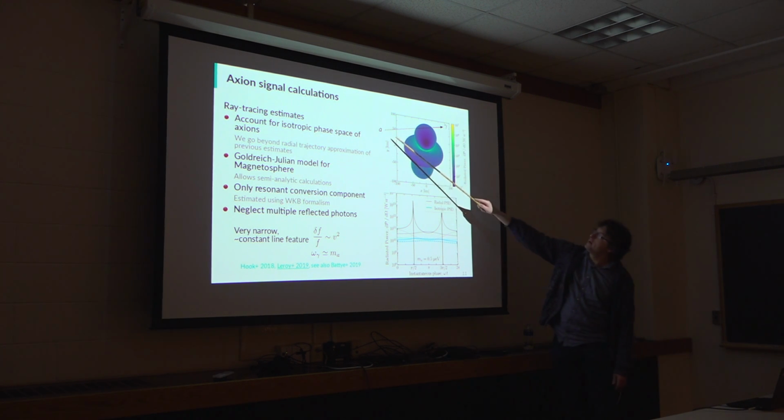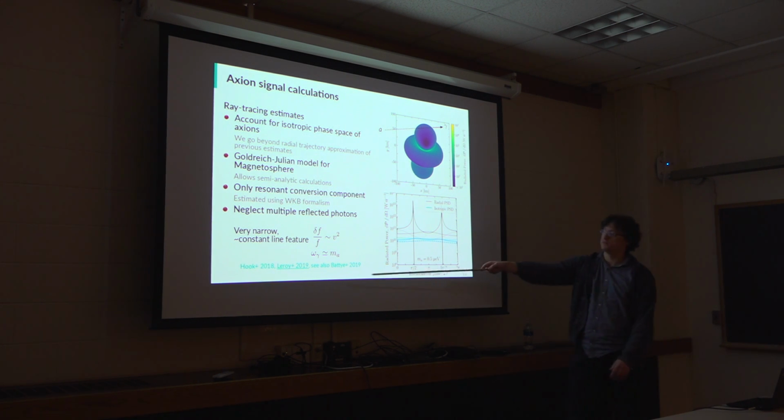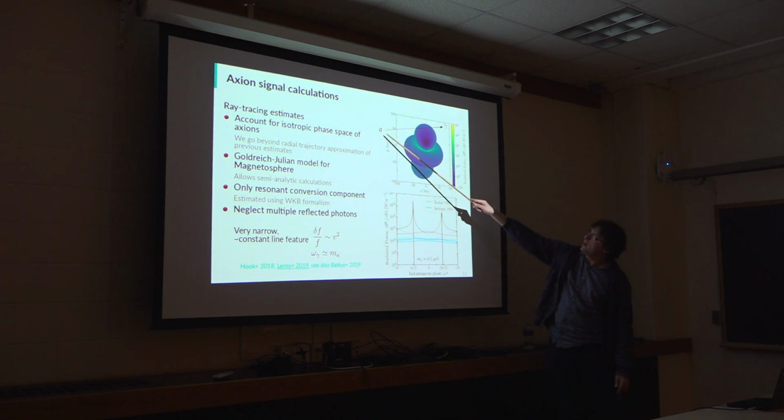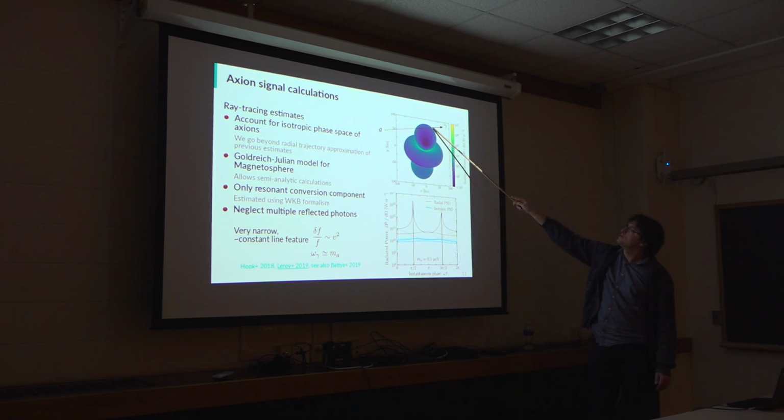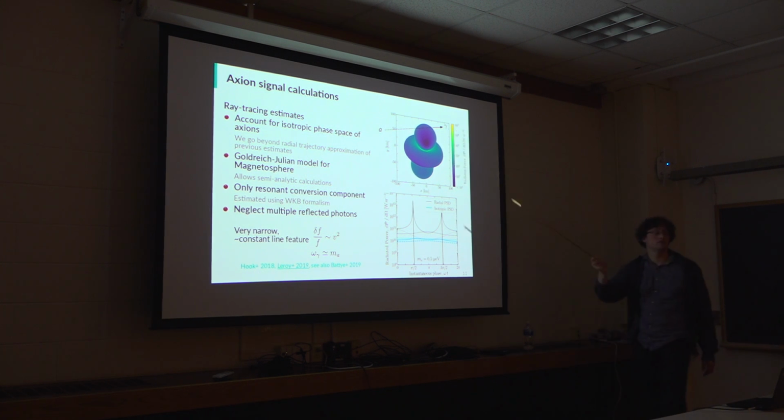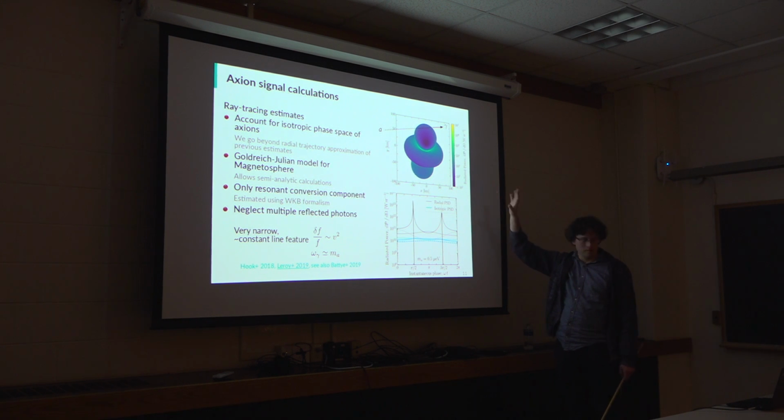And then what happens is, the axion phase space is isotropic if you are close to the neutron star. You can estimate this from the Liouville theorem. In previous estimates it was assumed to be radial, but it's isotropic. Then the axion comes in, goes through regions of higher photon plasma mass, and then goes out again. In regions where you can have this resonant conversion, you get conversion into a radio photon, and that gets out again. It's a complicated process. We didn't take into account all possible aspects of it, like reflections and so on.